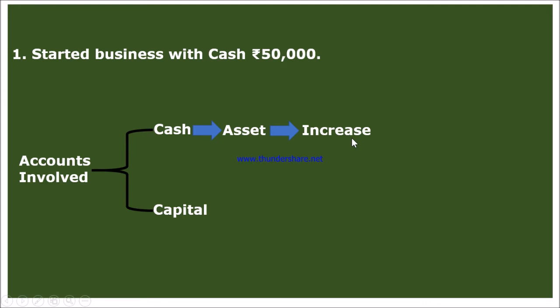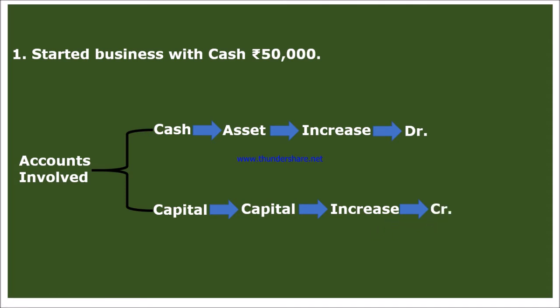And just try to recall that rule of debiting and crediting. If an asset increases, then what do we have to do? We have to debit that asset. In the same way, capital belongs to the category capital. Capital has a special category. If we bring capital into the business, then obviously the capital of the business will increase, and therefore, recalling that rule, if the capital increases, then we have to credit it.